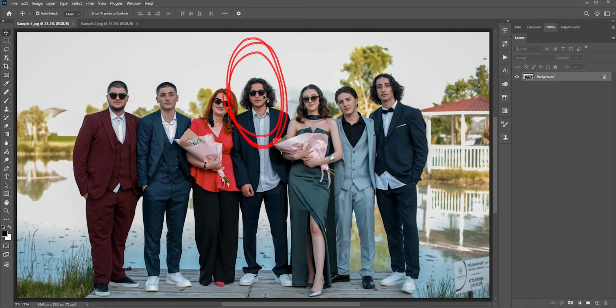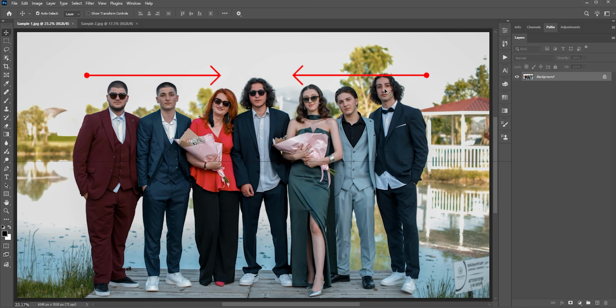Suppose you want to remove this person in the middle but you don't have Photoshop. This is a bit difficult to edit because when the middle person is removed, the shoulder and the hand of this lady need to be recreated. Also, these three people and these three people need to come closer to each other to fill up the gaps